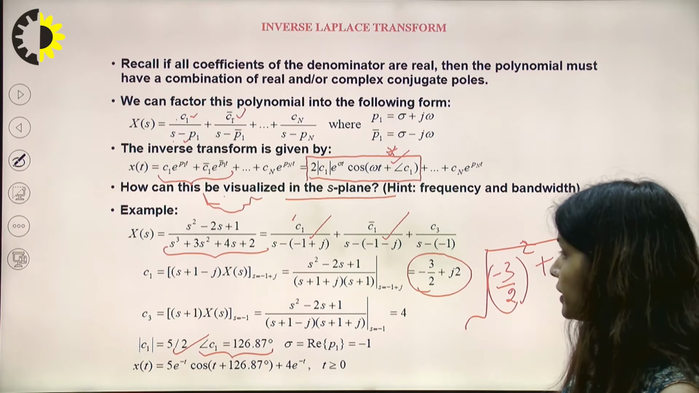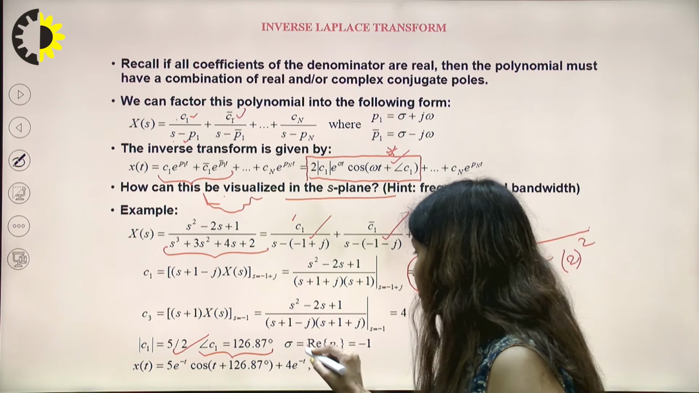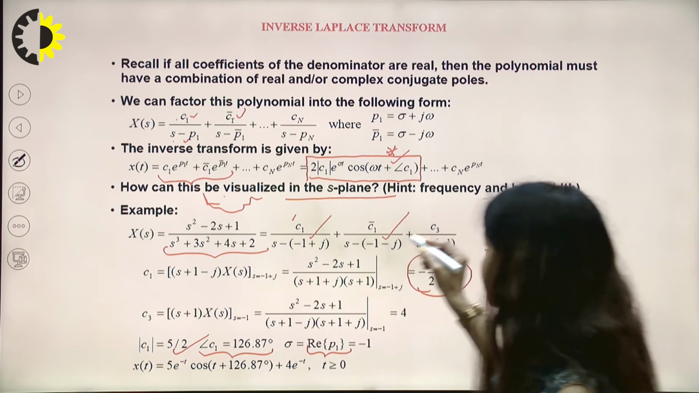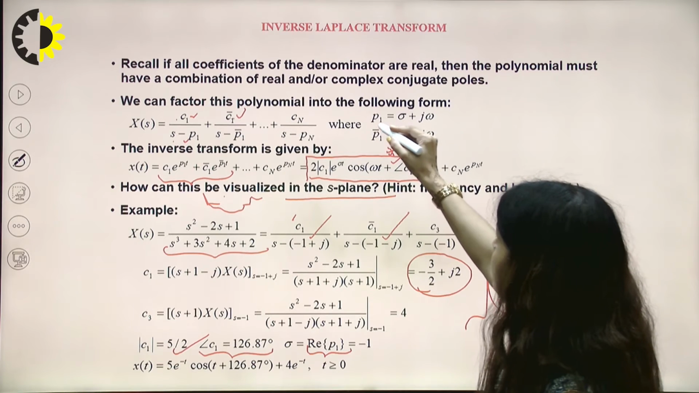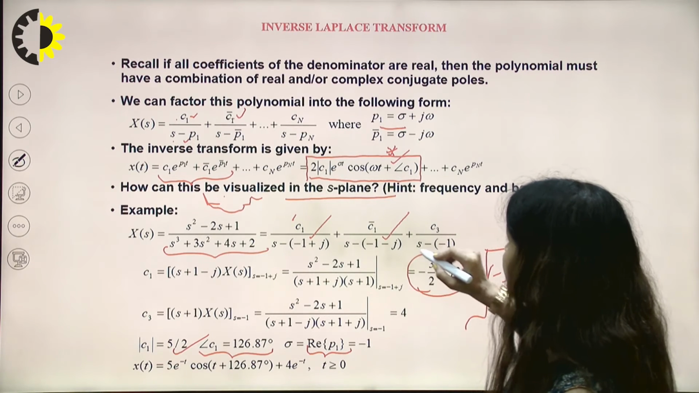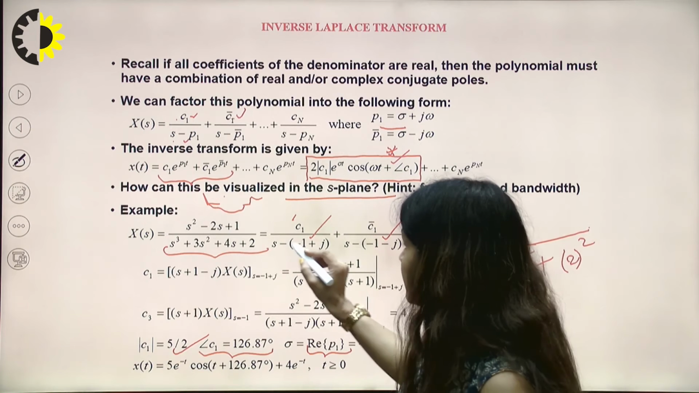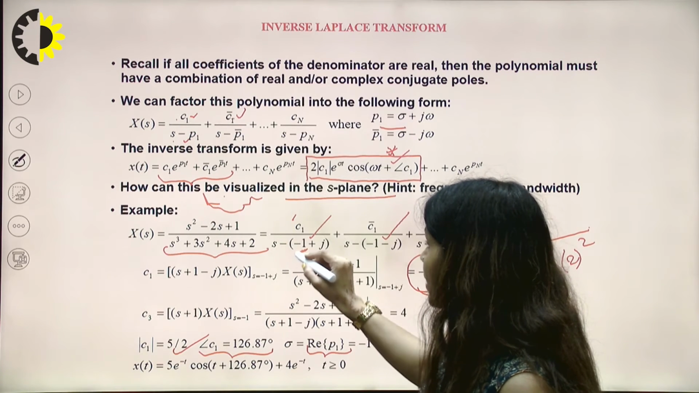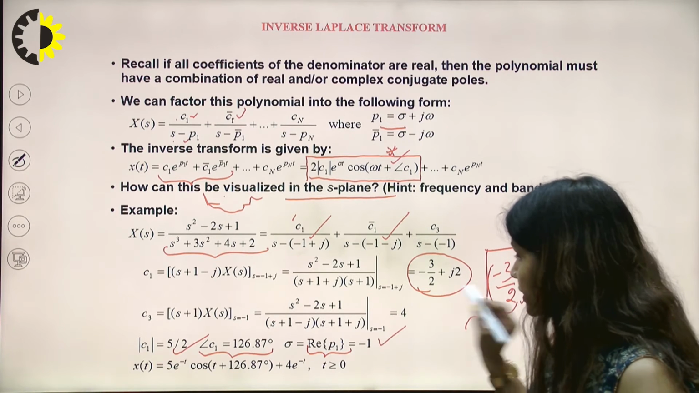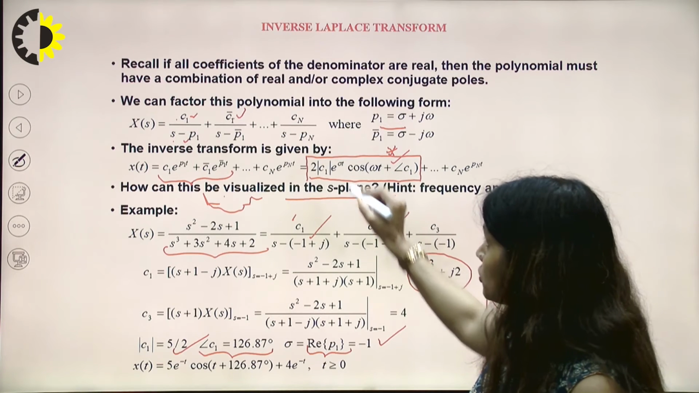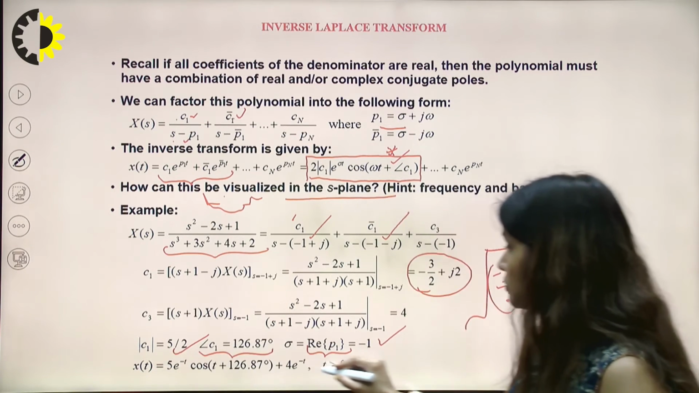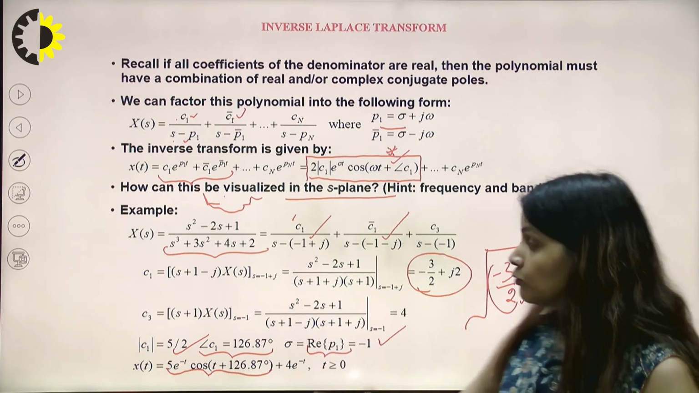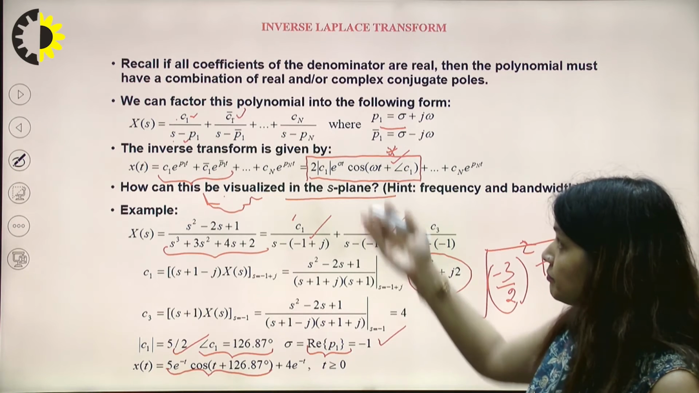So that is important, and for this that will be the real part of P1. Here, the real part of P1, as I can see, is sigma. Since this P1 is nothing but minus 1, I can write it here as sigma. Now I will put all these values in this particular expression, and this term is the inverse Laplace for the conjugate